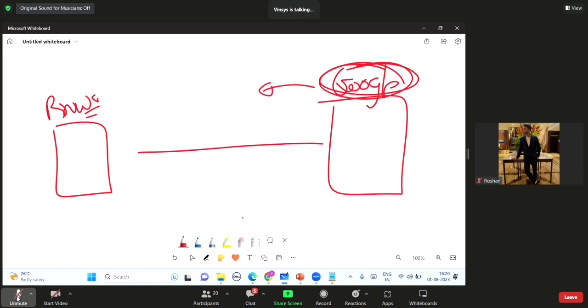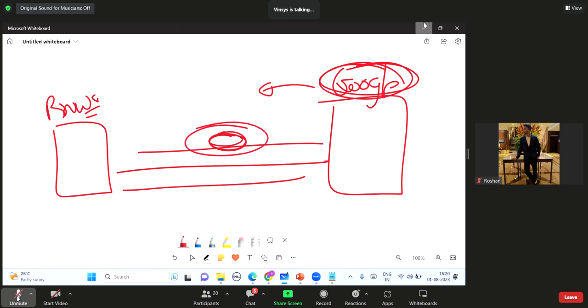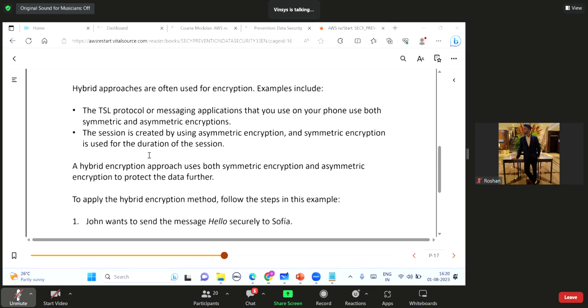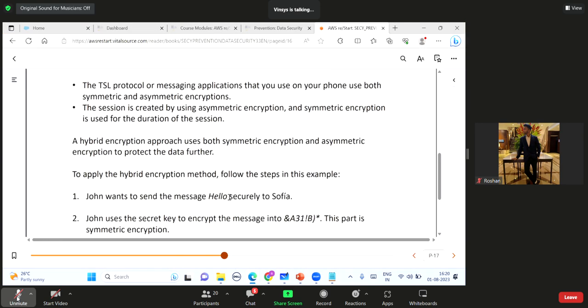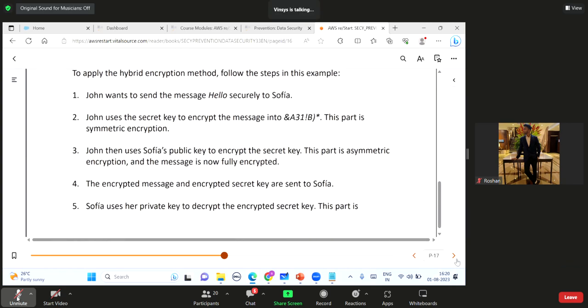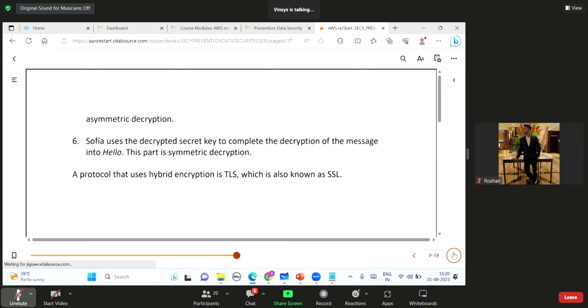Once that is done, the session key will get created, and afterward the communication will happen with a symmetric key only, not an asymmetric key. Let me go here. I think here they have explained it a little bit more properly.